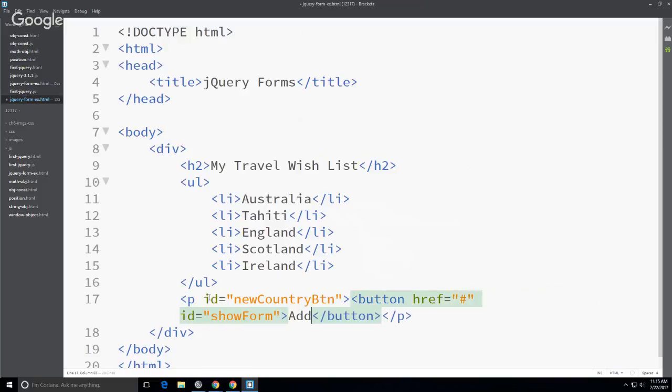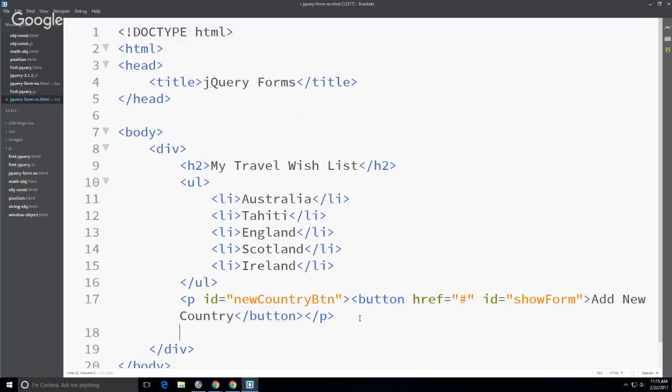And add new country. So this button when the user clicks it, it's going to display a form with a